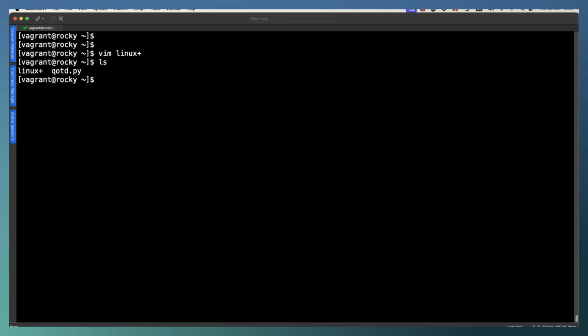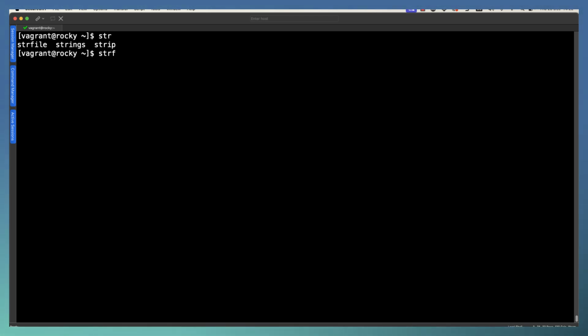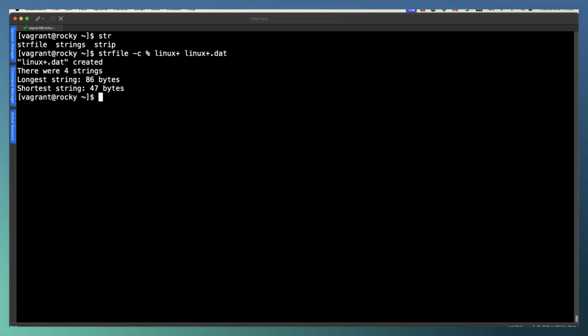And when I look, I've got the Linux Plus file, and it's this file that we use with strfile, so string file, -c to specify our delimiter, so the % is the default one that we use, the name of the file, and then the output file that we want. So I'm going to call it Linuxplus.dat. Now it gives me the header information. The header information is added to the .dat file, and we can see now that I've got the Linux Plus source file and the Linux Plus